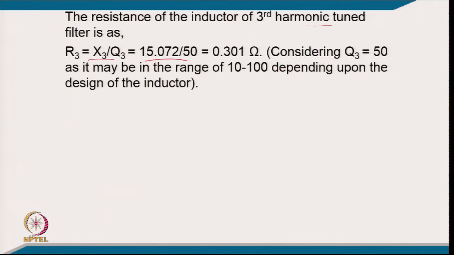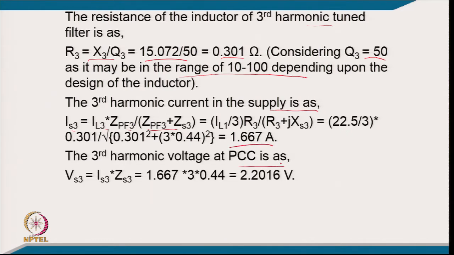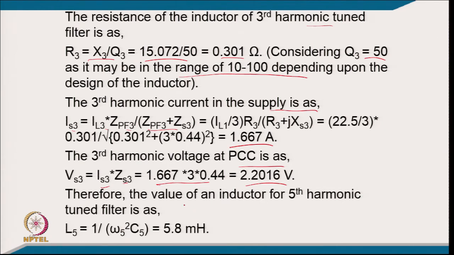So, it comes putting the value 0.301 ohm, considering the quality factor Q3 of 50, which is in the range of 10 to 100 depending upon the design of the inductor. The third harmonic current in the supply will be I_S3 = I_L3 × Z_PF3 divided by (Z_PF3 + Z_S3). Putting the value, it comes 1.667 ampere, and the third harmonic voltage at PCC will be I_S3 into Z_S3. So, it comes 2.2016 volt, and therefore, the value of the inductor for the fifth harmonic tuned filter